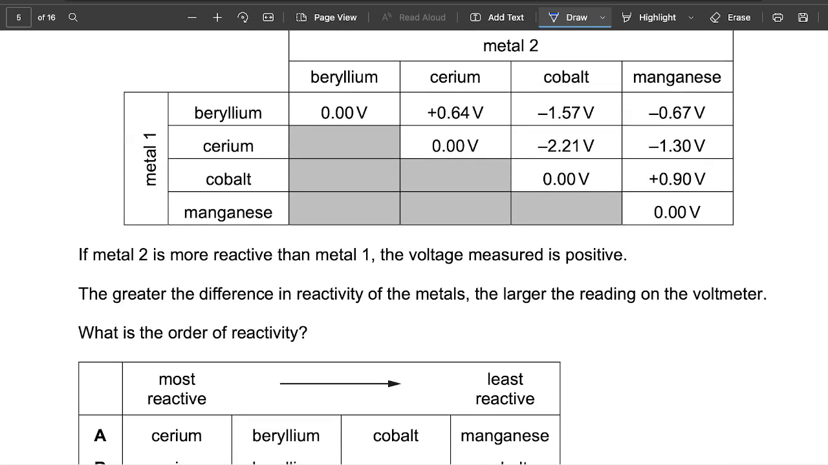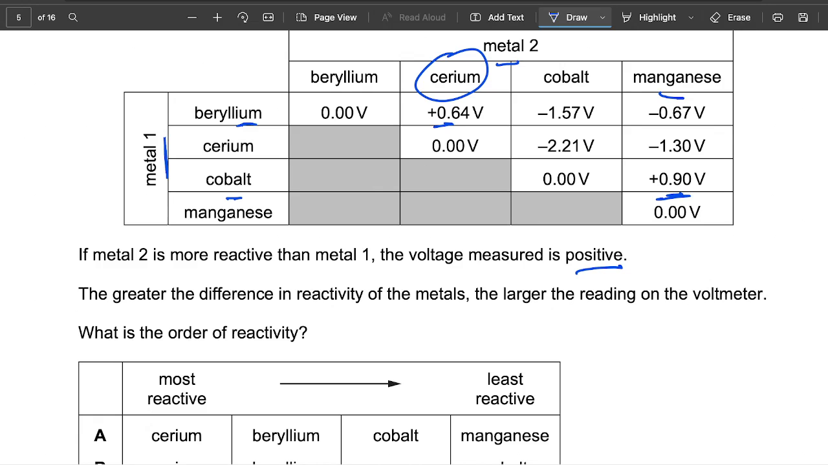It says if metal 2 is more reactive than metal 1, then the voltage is positive. So in this case, cerium is more reactive than beryllium. We can tell that because it's a positive voltage. It says the greater the difference in the reactivity of the metals, the larger the reading on the voltmeter. So for example, if it's 0.9 volts, manganese and cobalt will have a big difference between themselves